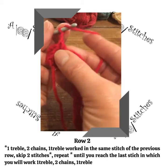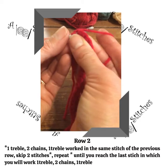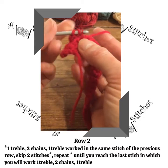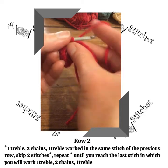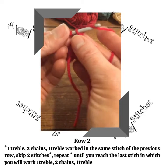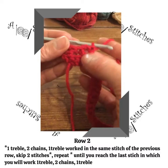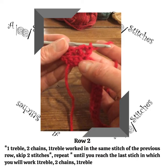of the previous one. So yarn around the hook, hook into the stitch, wrap the yarn and out, yarn around the hook, through 2, yarn around the hook, through the other two, and we have the second V that is here, and now we repeat